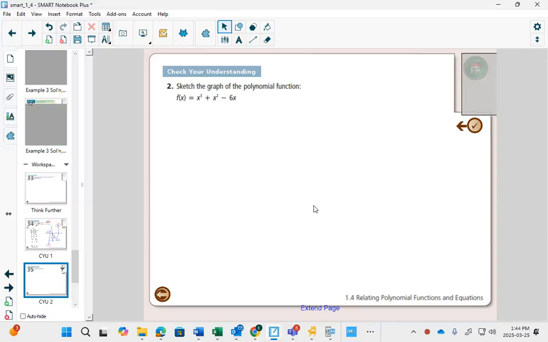The example off to the side is actually too easy, because it factors too nicely. That's what I'll say. But what we're going to do as a new strategy for graphing